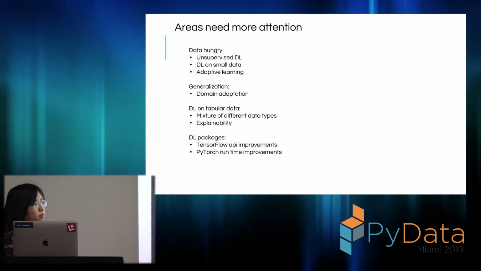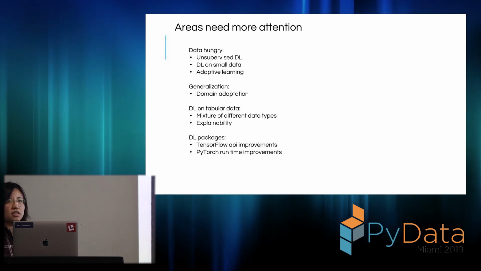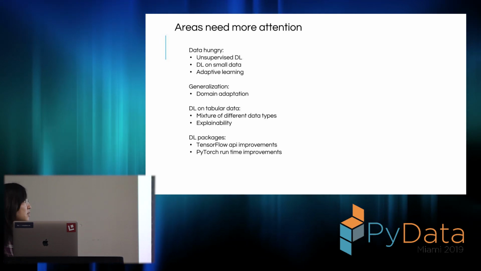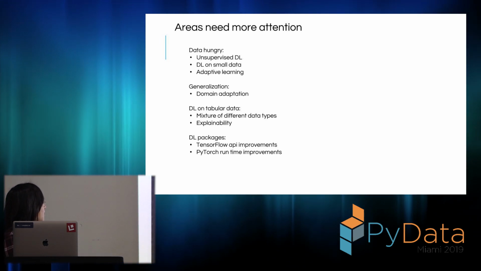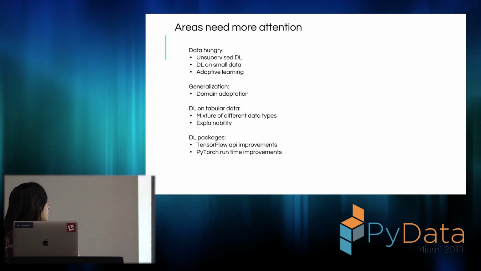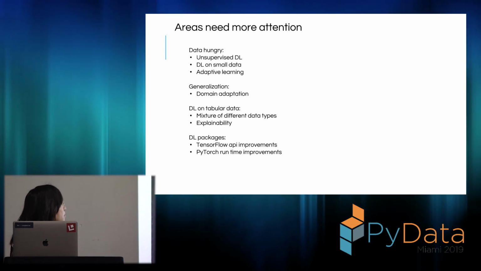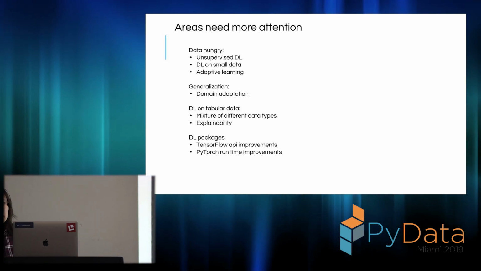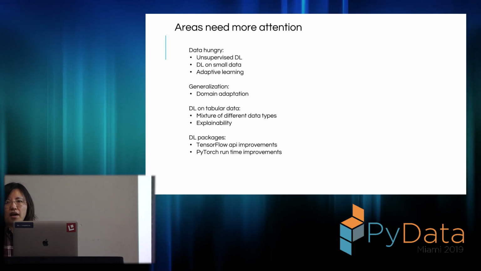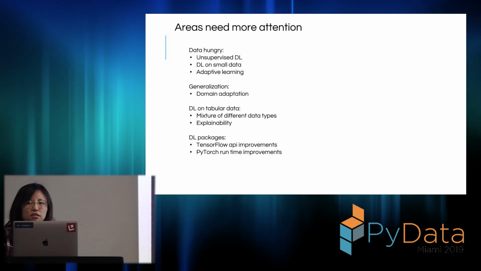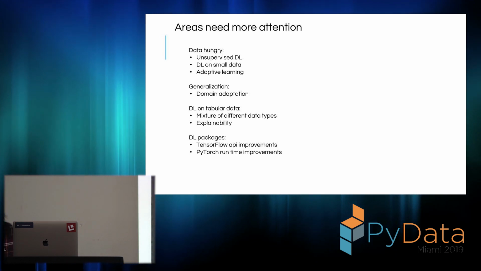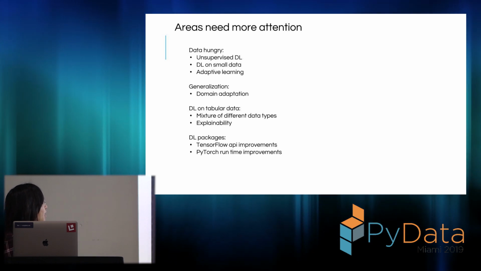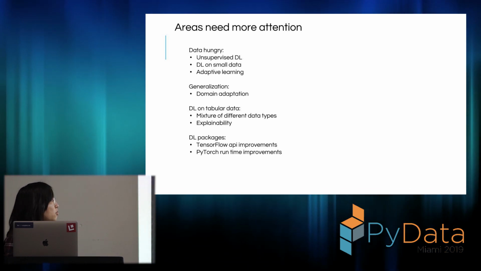Also, deep learning is famous on image and text data because images and text themselves have a lot of structure, although it's called unstructured data because it's from the traditional database domain. And then for tabular data, how to deal with a mixture of different data types, and how to deal with explainability for tabular data. It's a big question. So that's why it's kind of rare to see deep learning in some regulated areas such as risk management or clinical trials, where the OCC or FDA require the model to be explainable, so nobody uses deep learning.